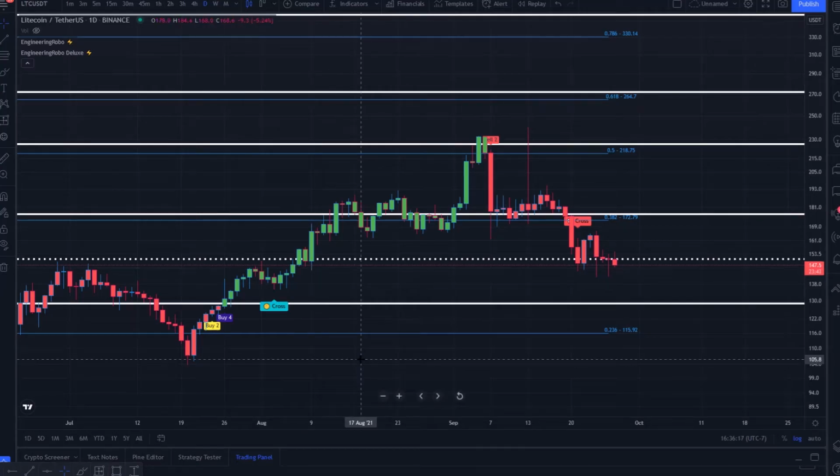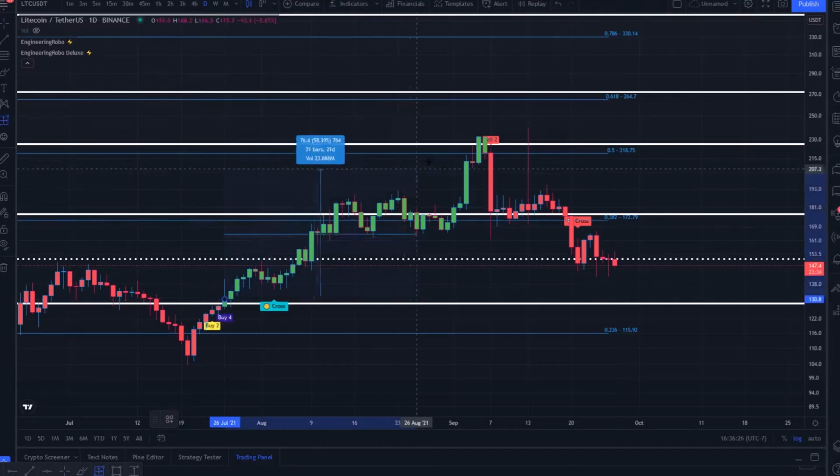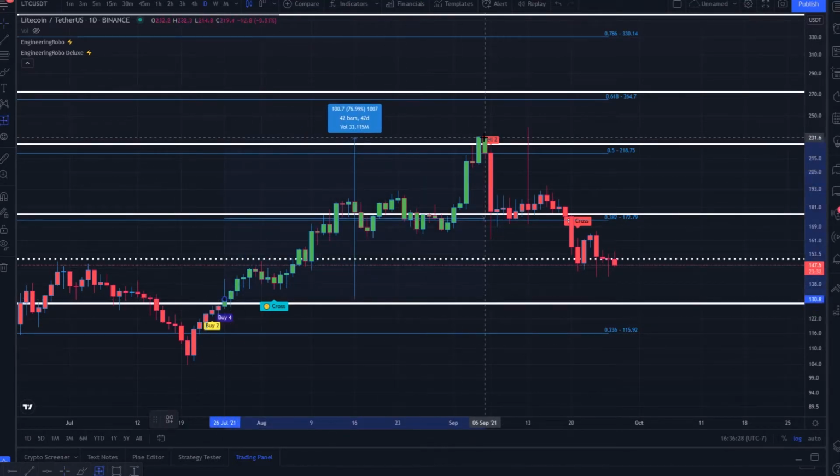What's really going on. Bitcoin, crypto, and currency. We're looking at Litecoin against USDT. What do we have here? Price action. Currently, we've already experienced up to 77% in upside over the following 42 days after EngineeringRobo became bullish